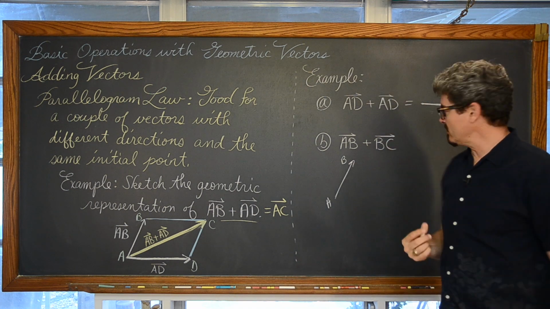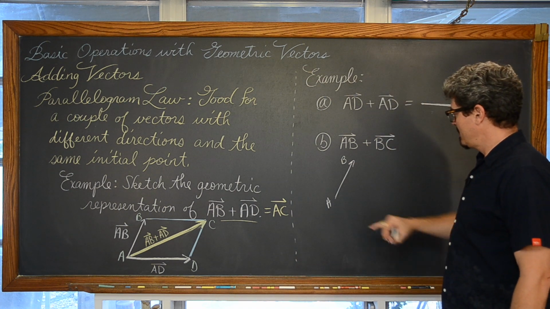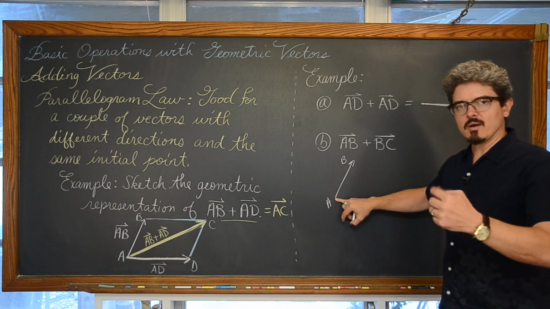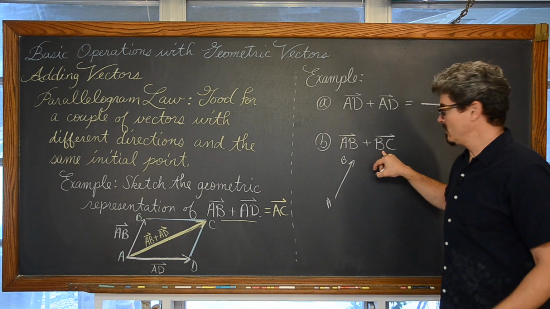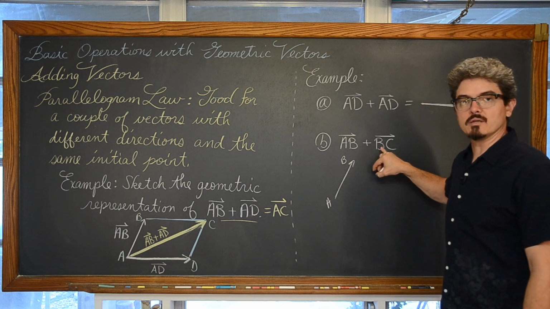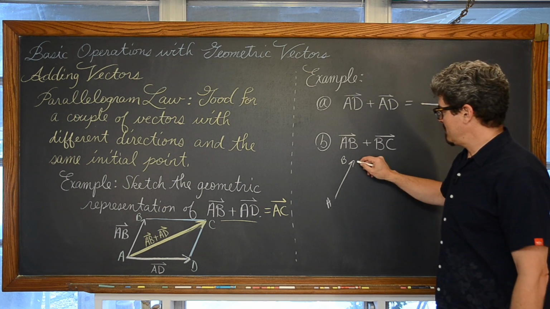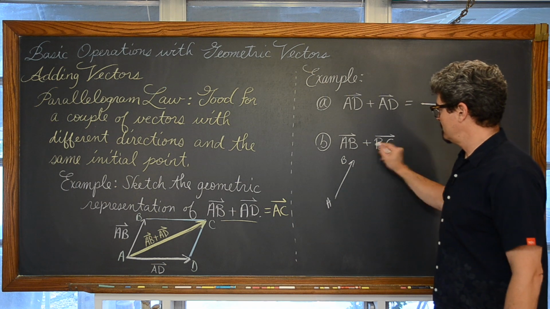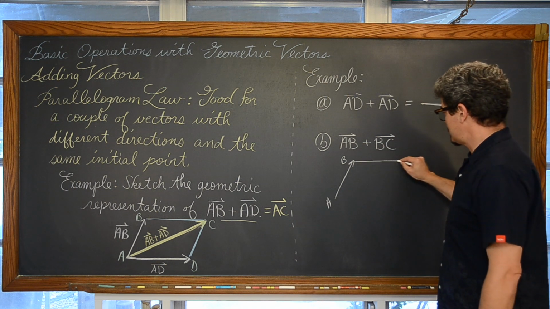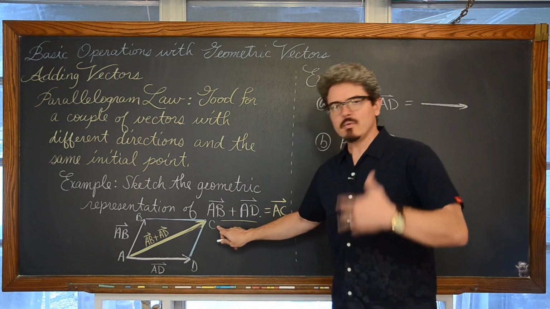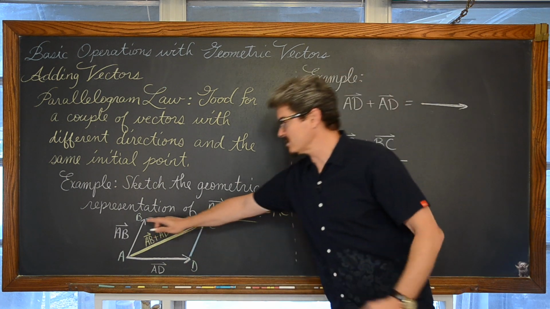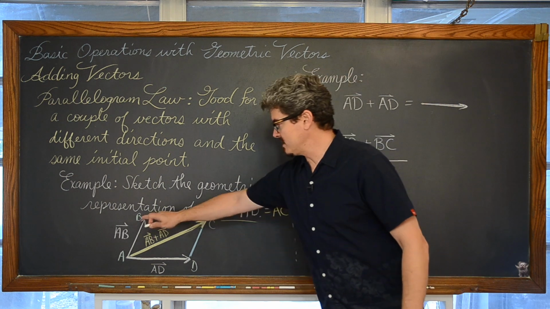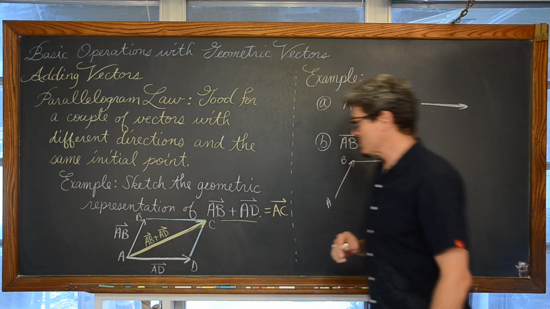If I'm going to draw a parallelogram, the parallelogram law is good for when the two vectors share the same initial point. Well, B is the initial point of this vector, and yeah, B to C. Now I know that we just added, I'm referring back to this previous diagram, that C is kind of over here horizontally. The terminal point C is horizontal from the initial point of B.